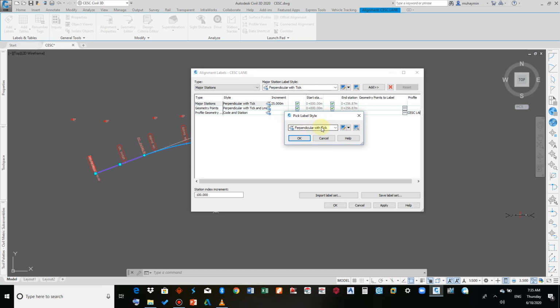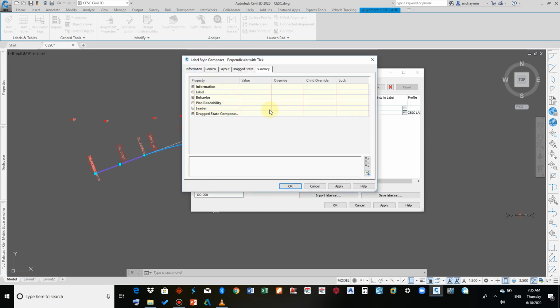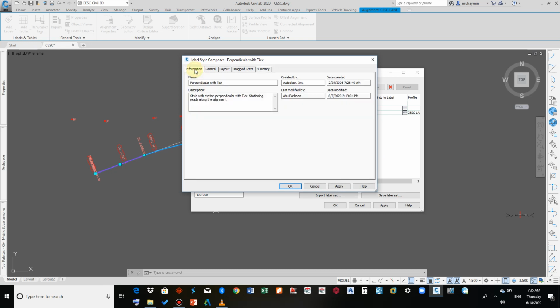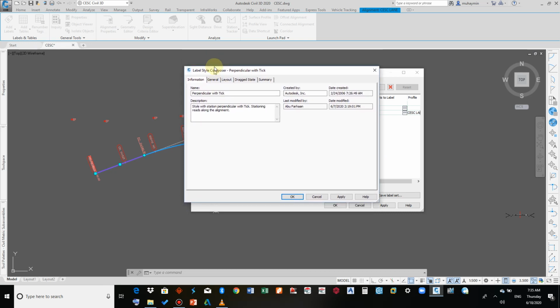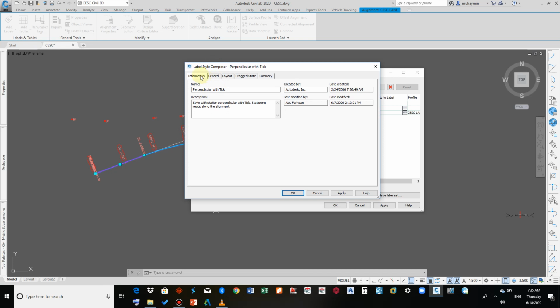You'd see perpendicular with tick, which is the same thing as what we have here. So it is an indication that what has been shown on screen here before adding is what we have here. Okay, to edit it, or you could create a new one. You could copy also. Now you could edit the current selection, and within the label style composer, you'd have all